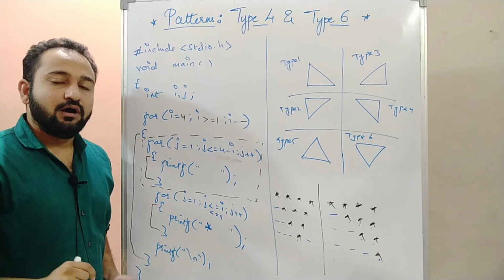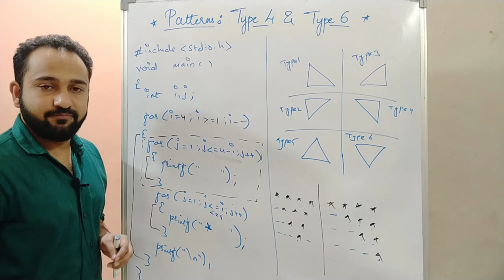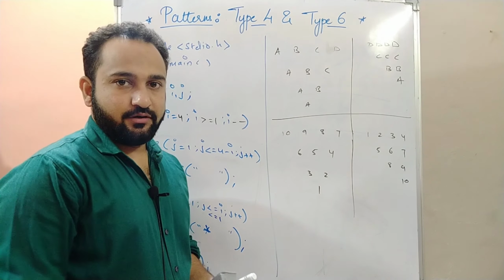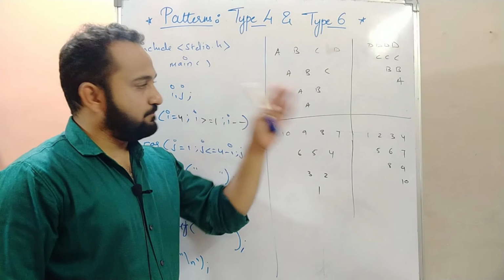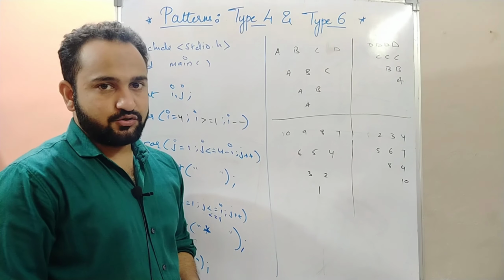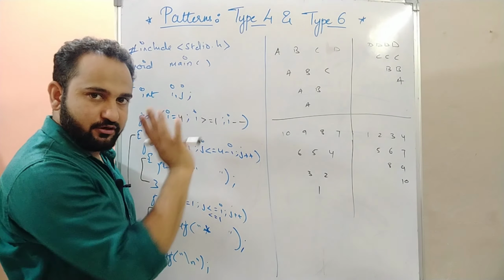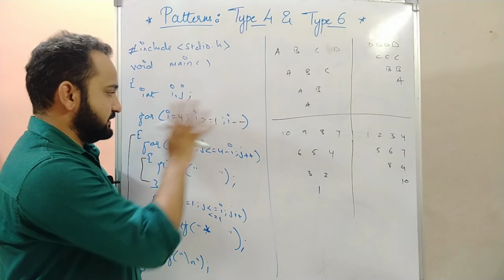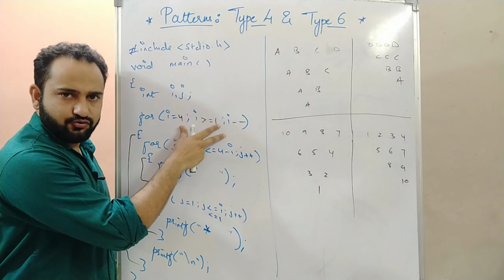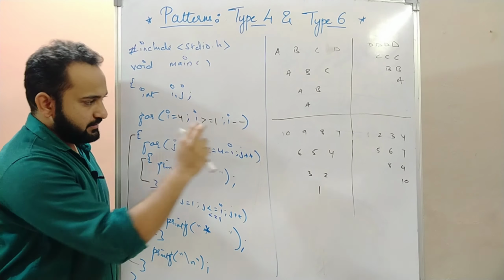Let's quickly see a few programs of type 4 and type 6. Okay, so we got these 4 patterns. Now quickly tell me, how should we proceed? For the first one, ABCD, ABC, ABA. Here it's an inverted pyramid, so we'll be leaving space here. All other things will be exactly the same. I will iterate from 4 to 1, so here we'll have i minus minus. We'll have to leave space, right? And here we go from j equals 1, j less than or equal to i, j plus plus, and of course we need to leave space here also.